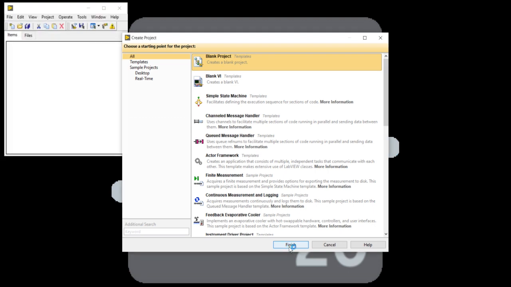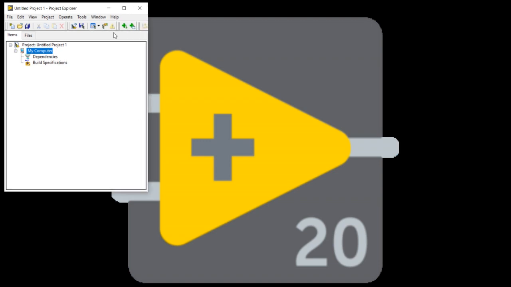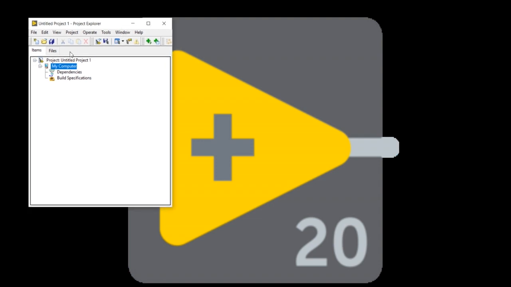After a few seconds, you will get this project explorer window. The project explorer window name is Untitled Project 1.